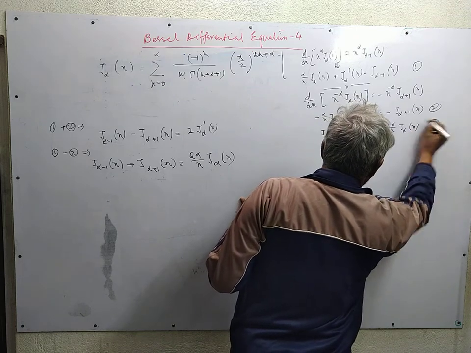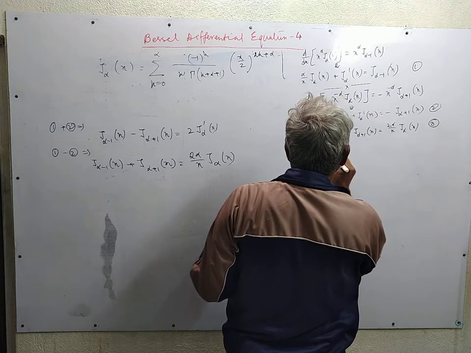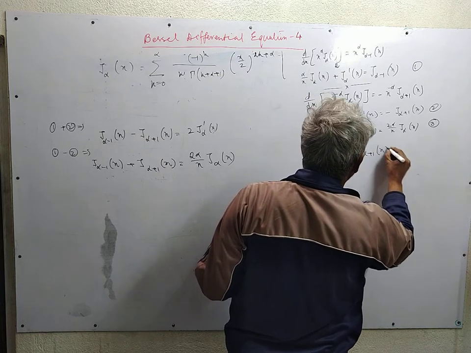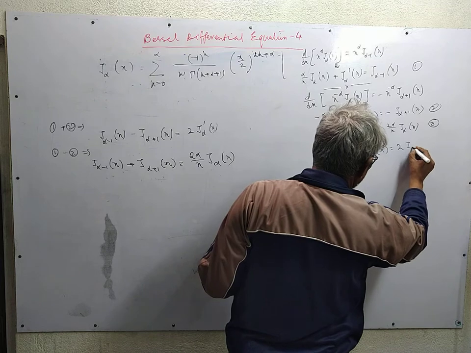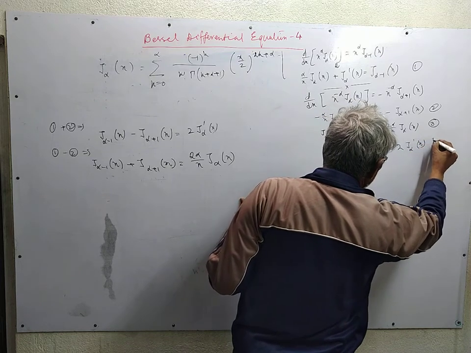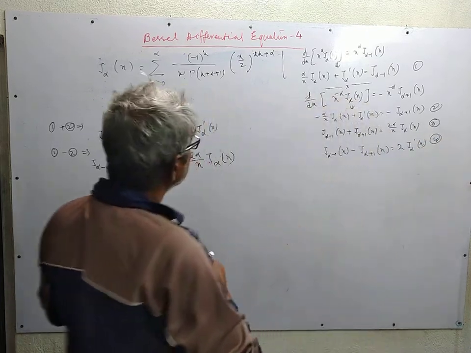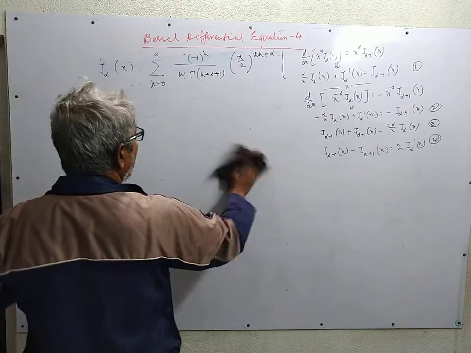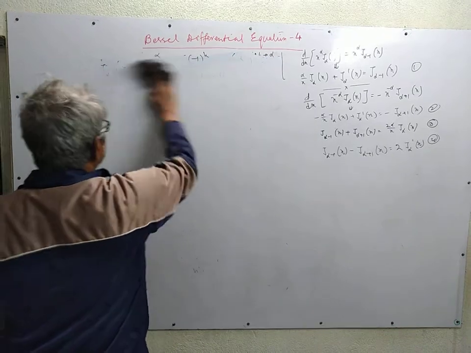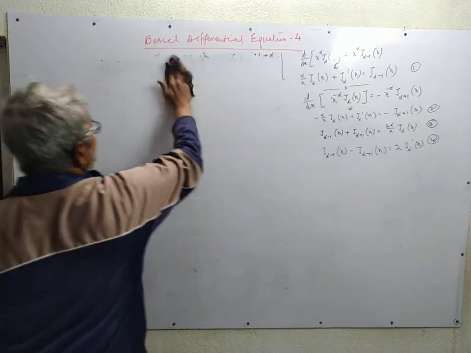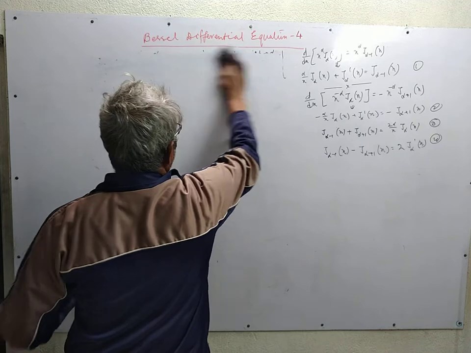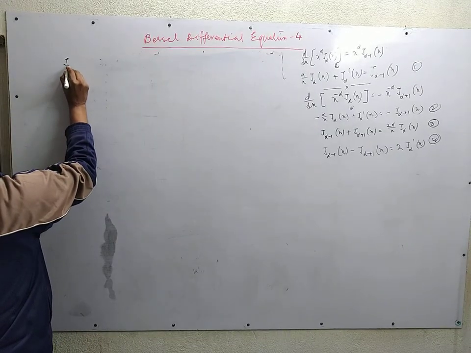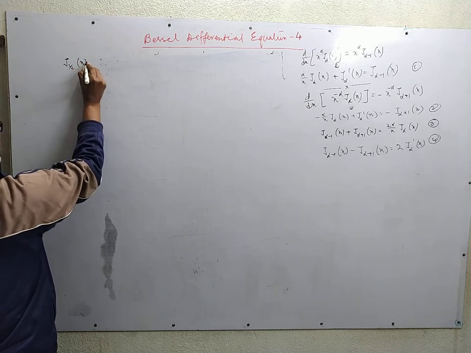This is relation 3. This is relation 4. These are the important relations. We shall use relation 3 to find out a few Bessel functions of higher orders. Before going to this, let us recall that